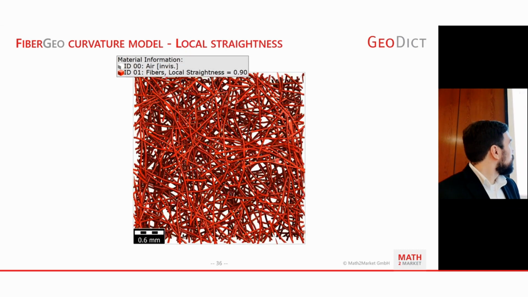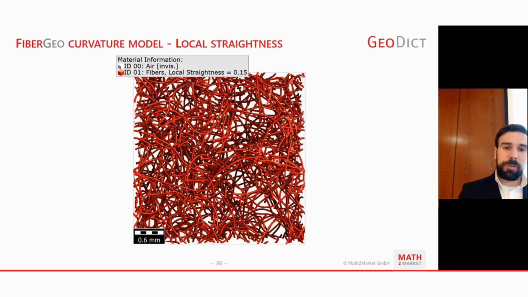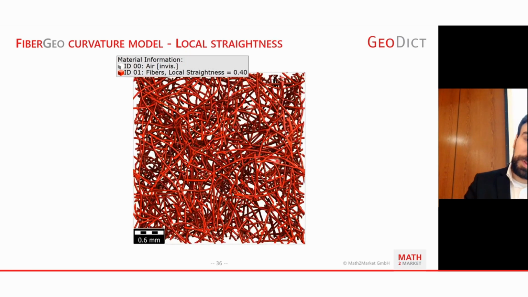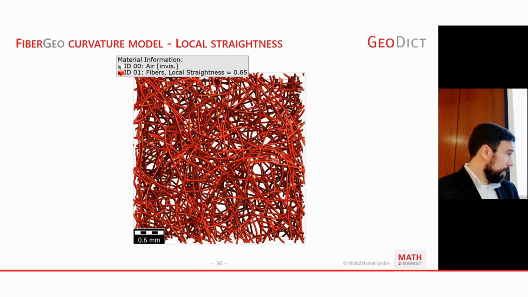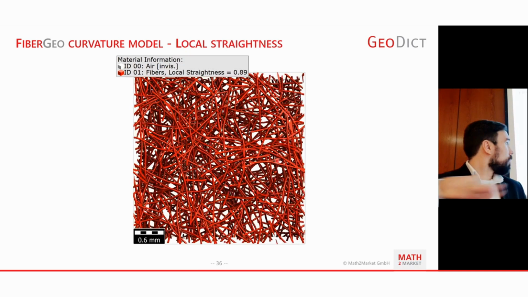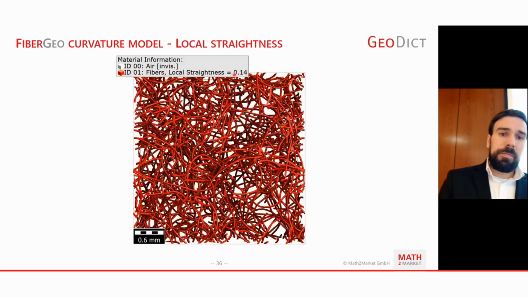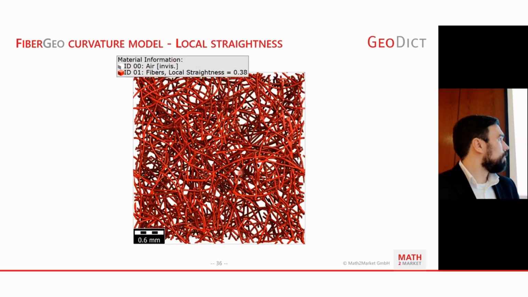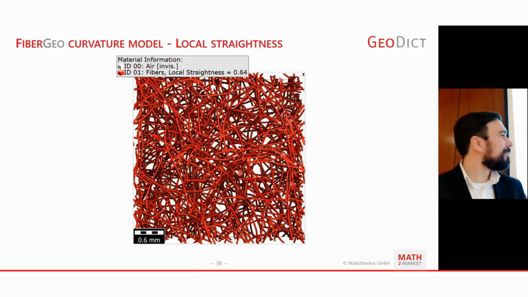So that video is basically the same as before, but this time we change the local straightness from 0 to 1 and keep the global straightness, segment length, and randomness the same. See, the fibers get more and more straight. It's a bit nicer because you don't get this sine-like shape effect in here. So if you want straight fibers, that is a good way to get straight fibers. But then you can also just use straight fibers and not curved fibers.